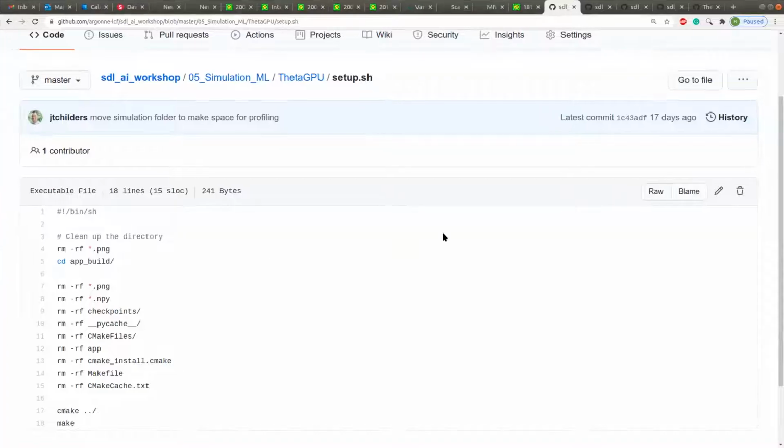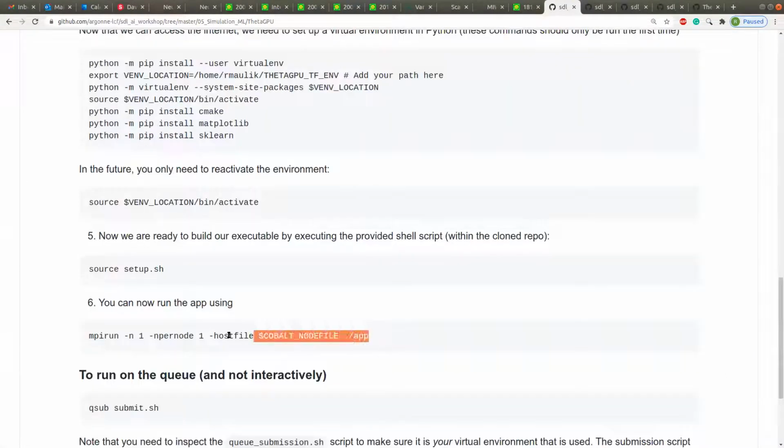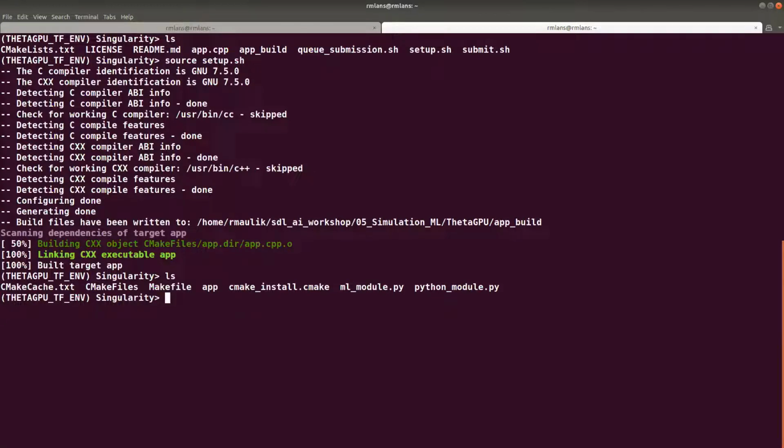Okay. And now that that is done, we essentially run it with mpirun, not aprun anymore. This is mpirun. We are now inside the build directory. Again, over here, we just have information related to CMake, the executable, and these two Python modules. So if we paste this and run it over here,